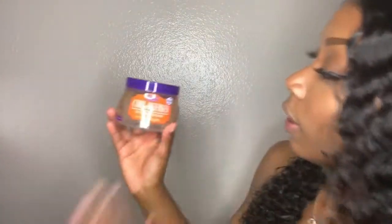And I will be using another product. I also got it from Walmart. This right here, curl definer. This right here, beautiful texture. Informed you about curling your hair, with defining your beautiful